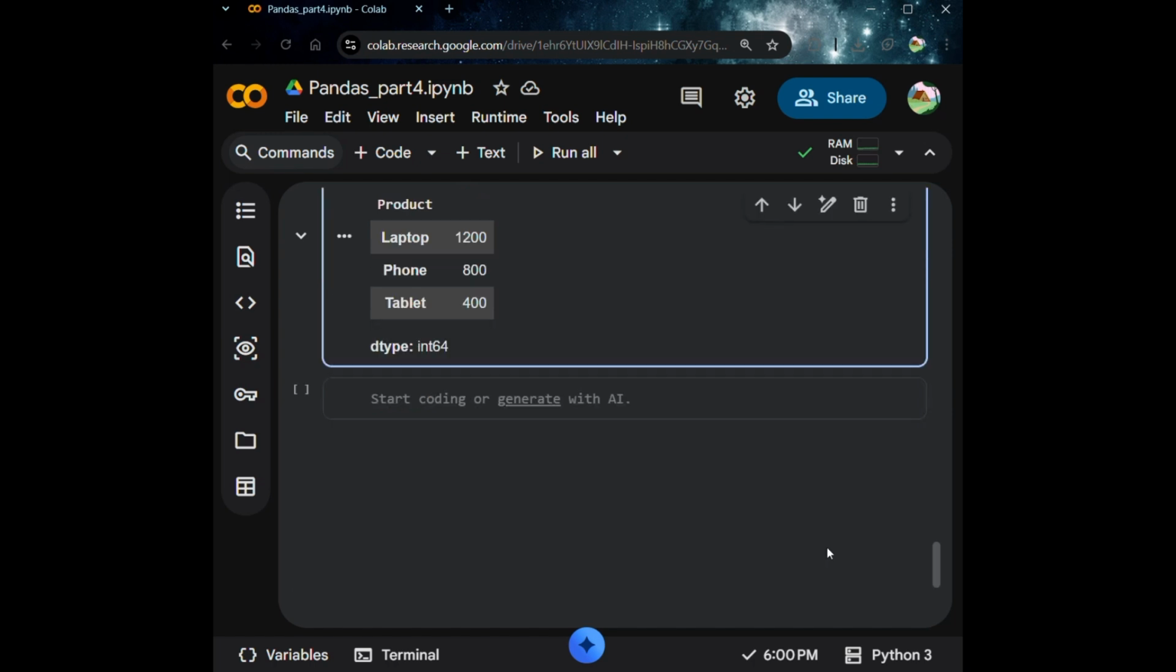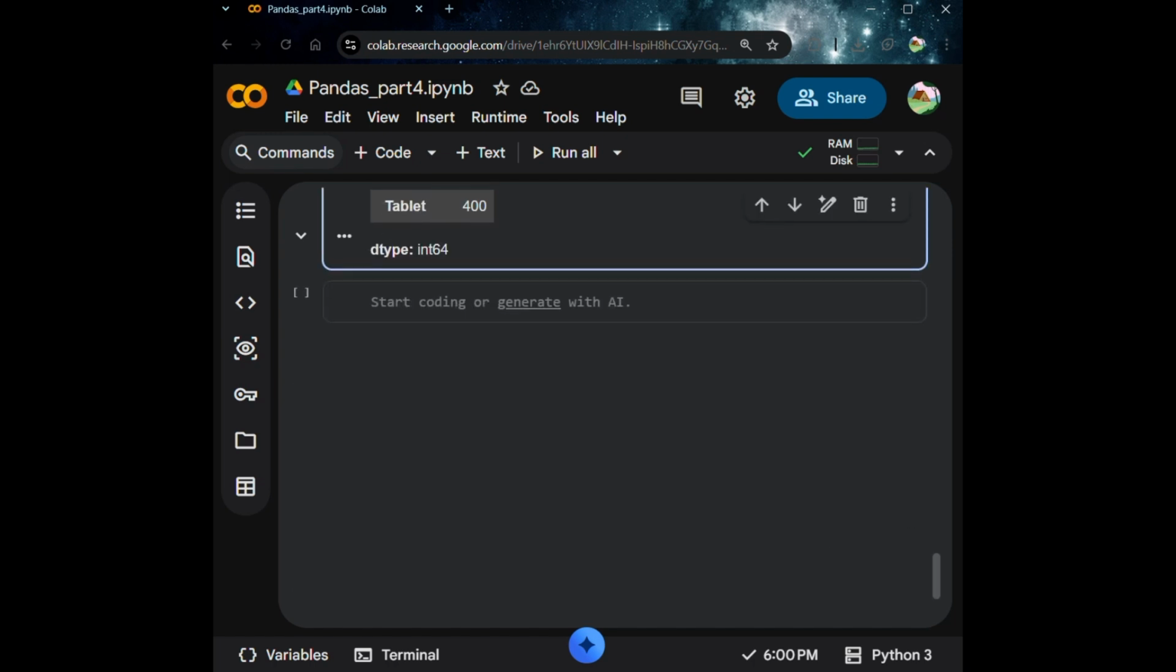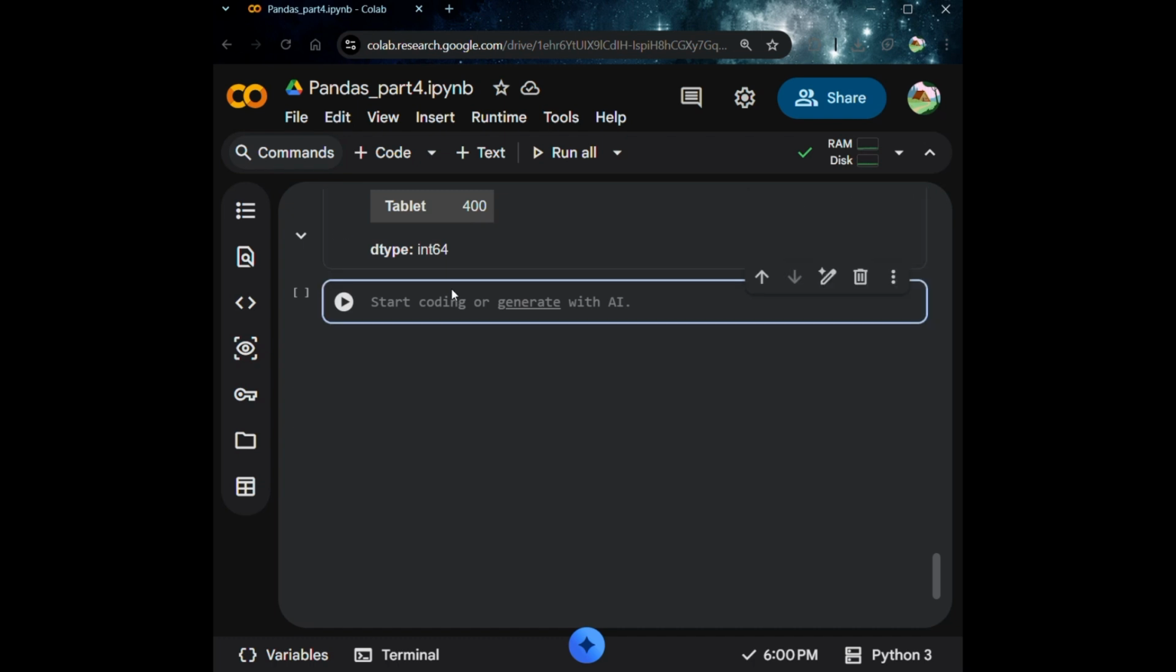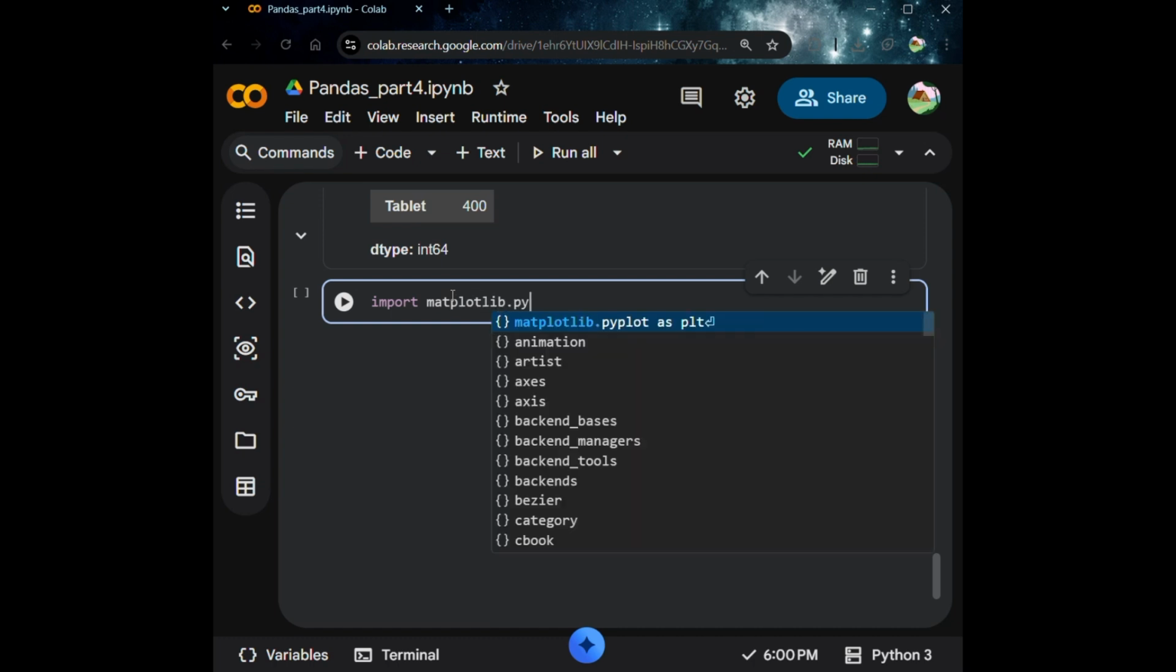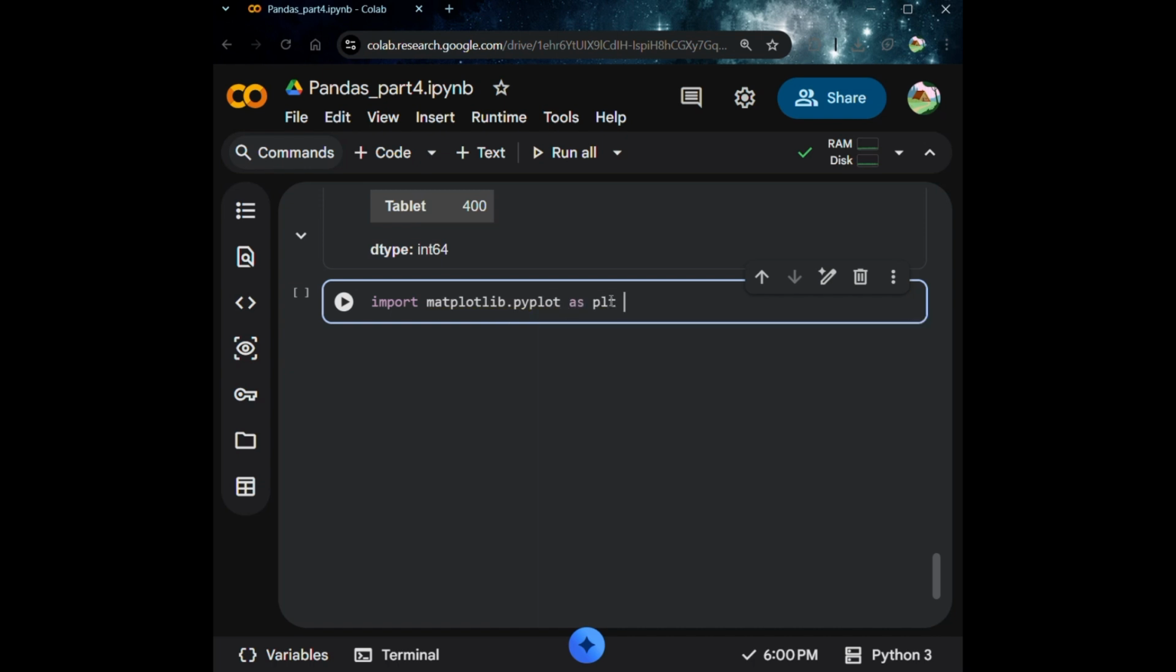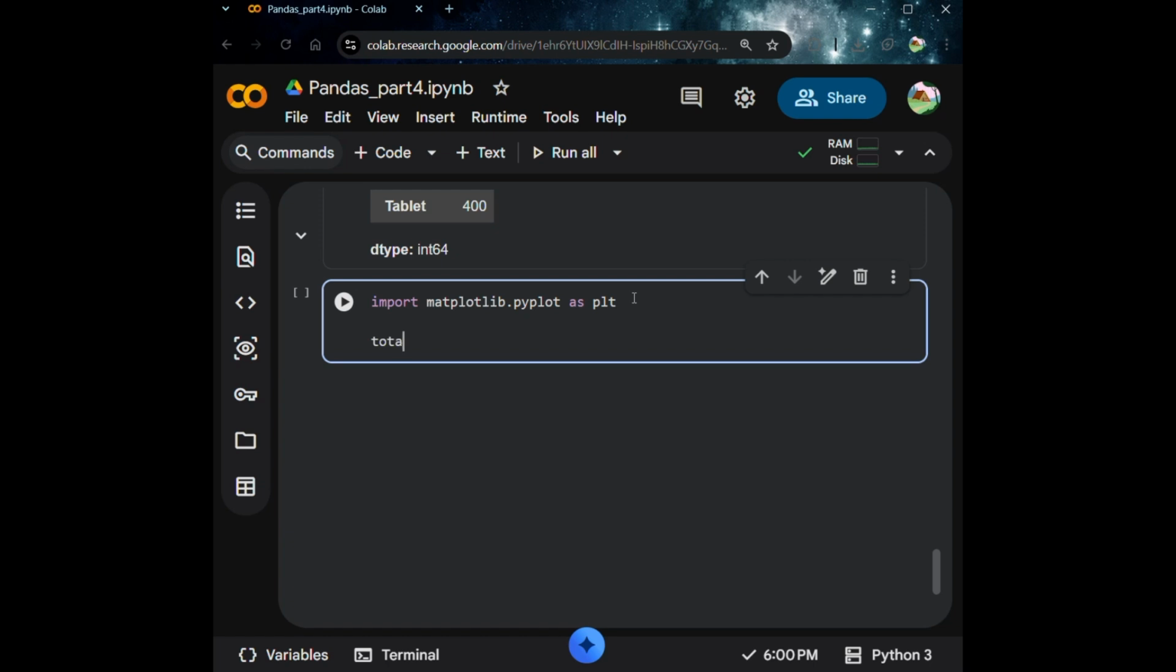So it's all for today. Before ending our section, I would like to give you a visual of total sales per product in a bar chart form. So we are just importing Matplotlib as PLT, and we are taking the total sales equal to df dot group by product, then space sales dot sum,